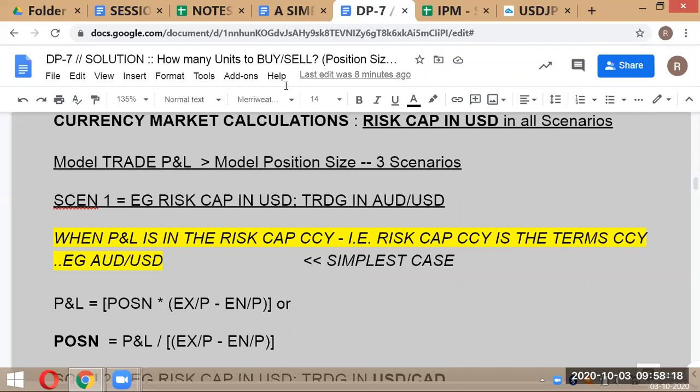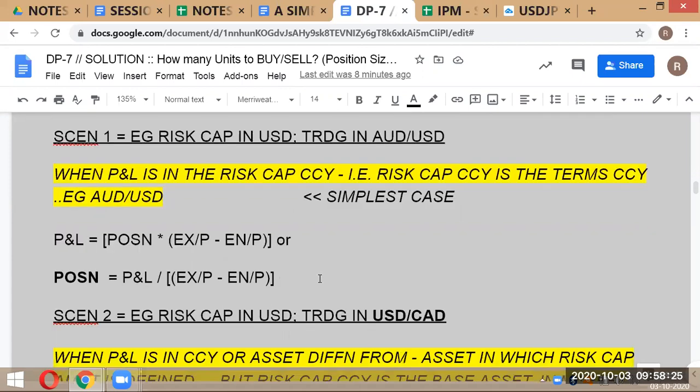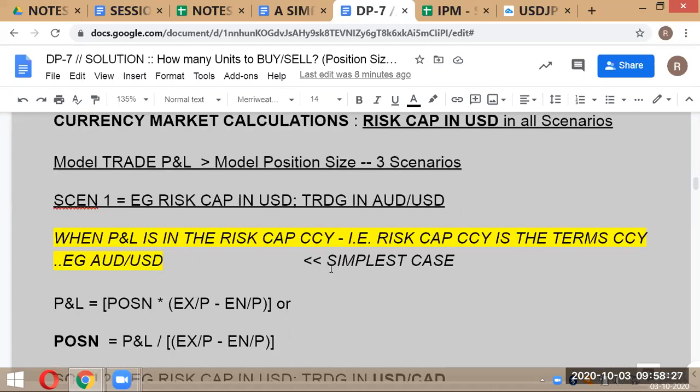We're trying to figure out how many units to buy or sell, and we are looking at the currency market calculations. The first scenario we're talking about is what we are saying briefly here. This is a very specific kind of statement. The more general statement is over here. So let's look at the general statement first. The general statement is that when PNL is in the risk cap currency, meaning the currency in which your risk capital is denominated. So as in the case of this example,